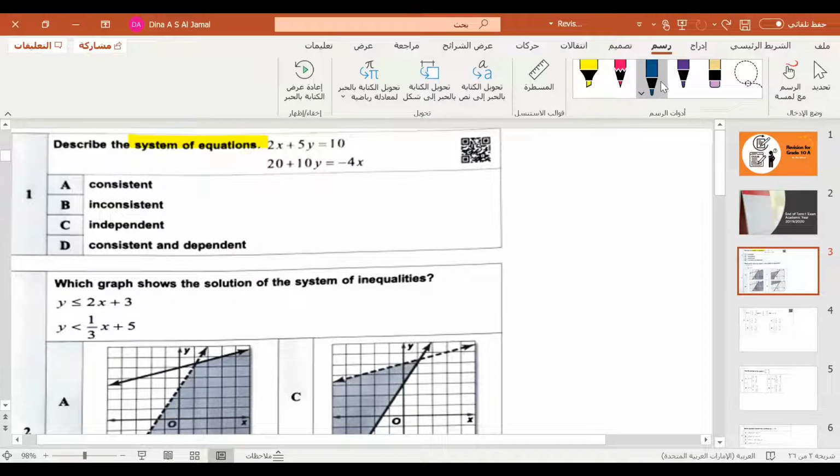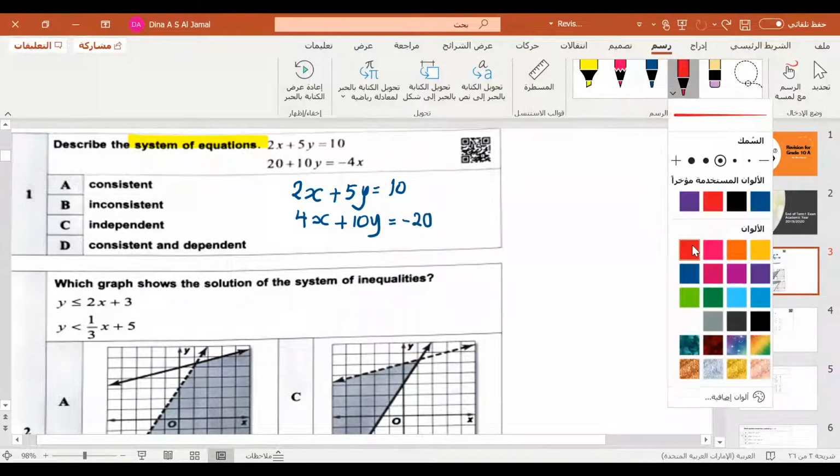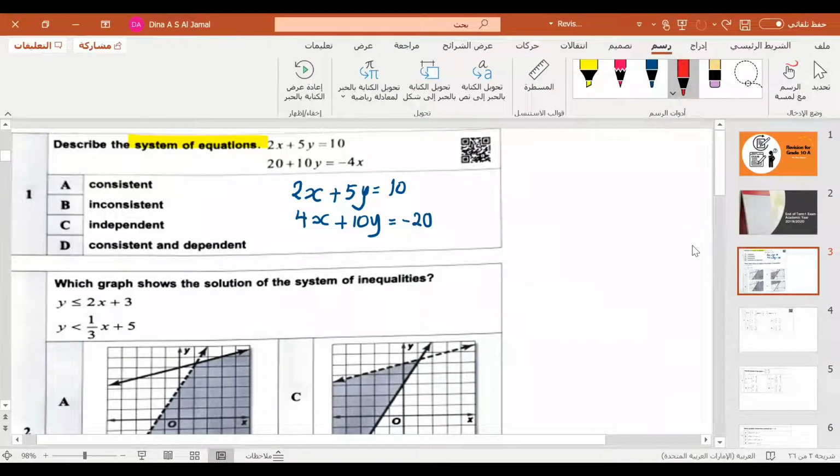So first of all you need to organize this. 2x plus 5y equal to 10, then move this to the other side and the 20 to this side. So it will be 4x plus 10y equal minus 20. So in general, whenever you would like to solve such a system, you can think of eliminating